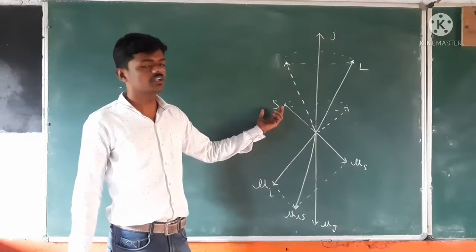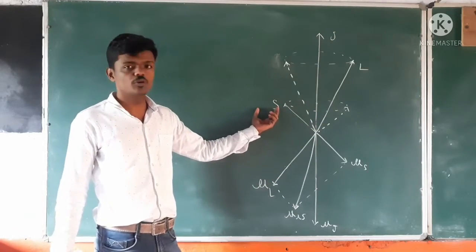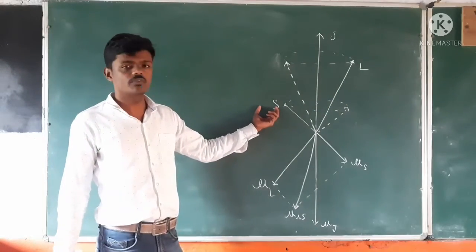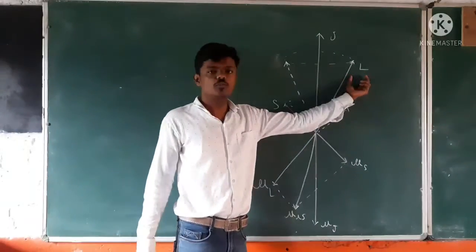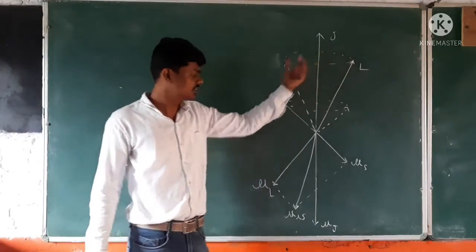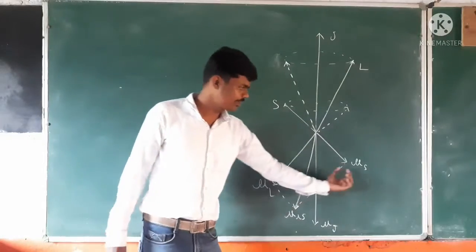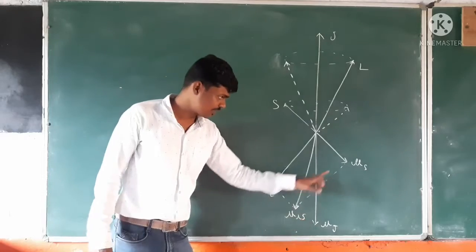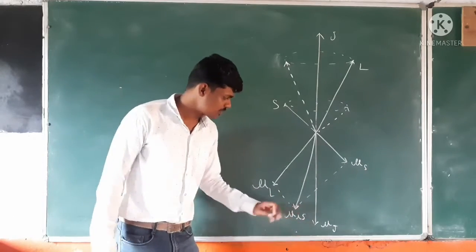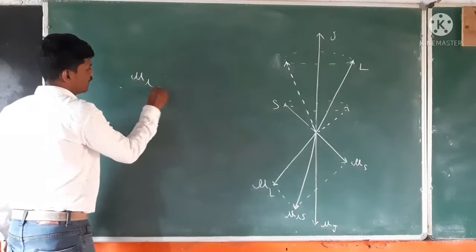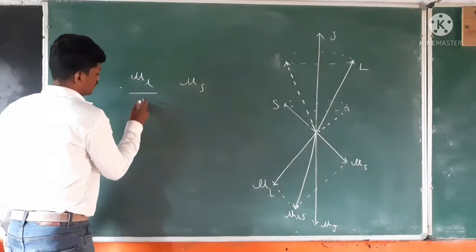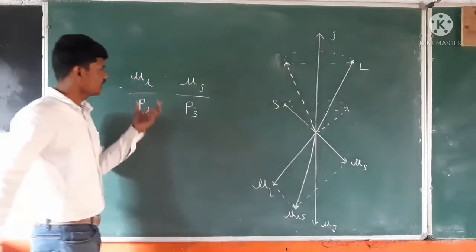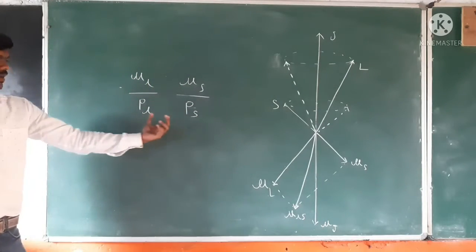We know this is the orbital angular momentum vector L, and this is the spin angular momentum vector S, and this is their resultant. So on the opposite side we get their magnetic moments. This is not in the same direction as mu J, their resultant, because we know mu L and mu S, if you take this ratio of the magnetic moments and the mechanical moments,